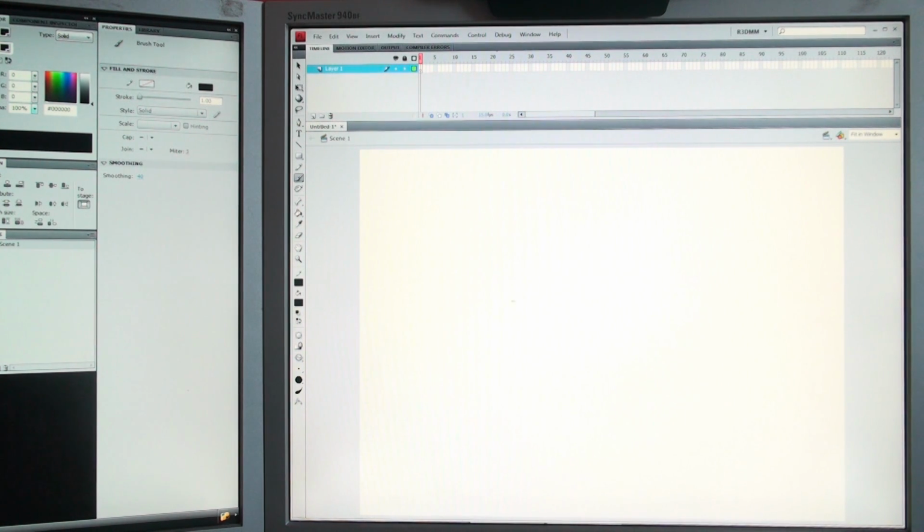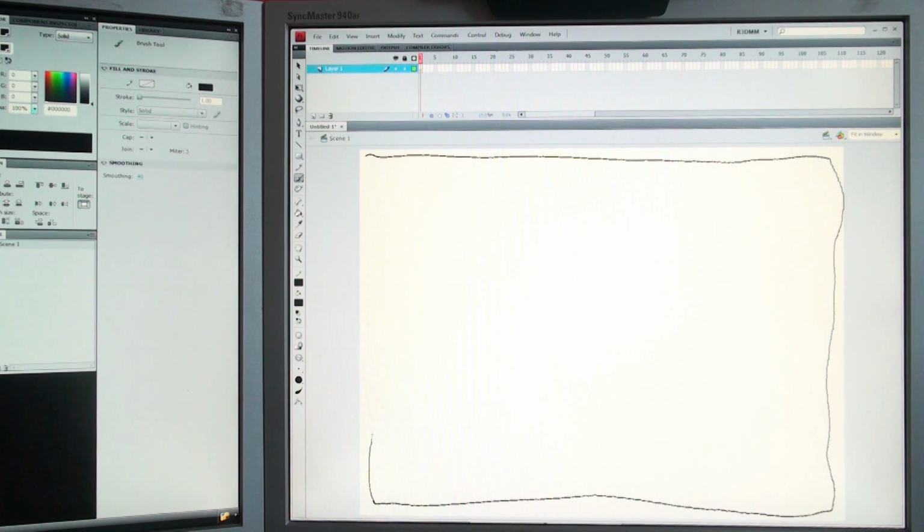So I'm using Flash here, and I have a background which is 800 by 600. And I'm just going to draw a single panel drawing of some nature. Although these techniques can obviously be applied to a canvas of any size and for any number of panes. So just for the sake of argument, I'm going to draw a squiggly outline as if I was drawing a pane for a comic book. There you go. So now we have a square,